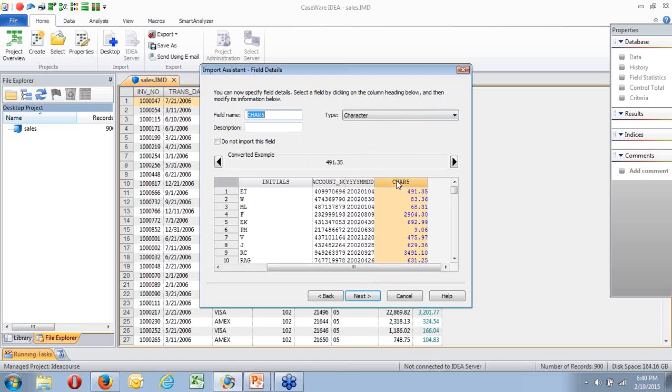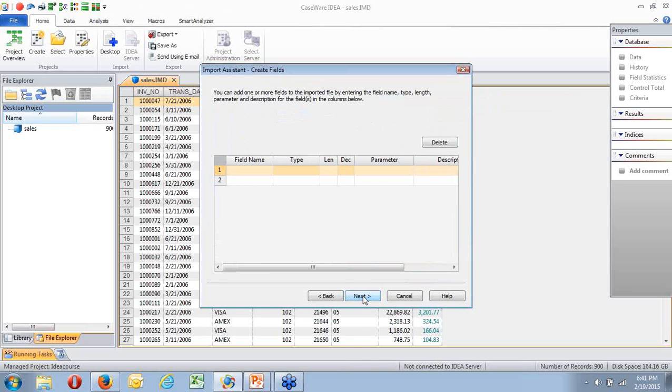Okay. Last one is my amount. Again, it's trying to interpret it and it thinks it's character. It's not, it's numeric. And we know that it does have 2 decimal places. So there's my numeric with 2 decimal places. Okay, so I can say next.